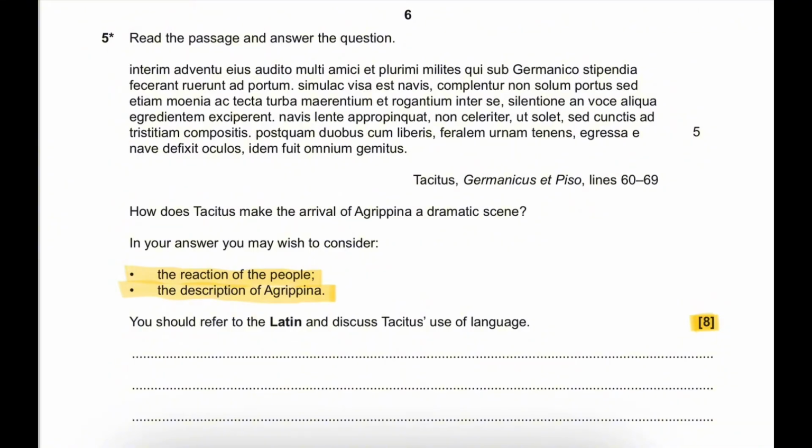Let's look at a sample question. It asks, how does Tacitus make the arrival of Agrippina a dramatic scene? As always, the key word is dramatic. When answering this question, you need to analyse the Latin text by selectively quoting, translating it, and then explaining its